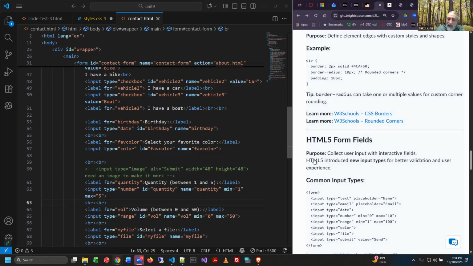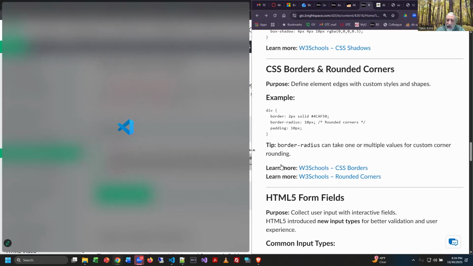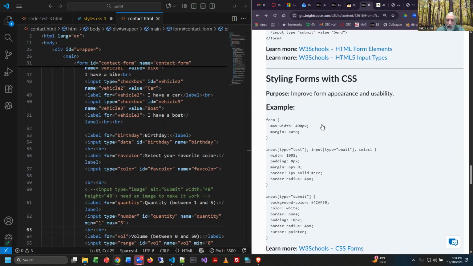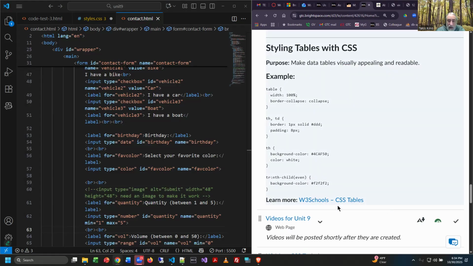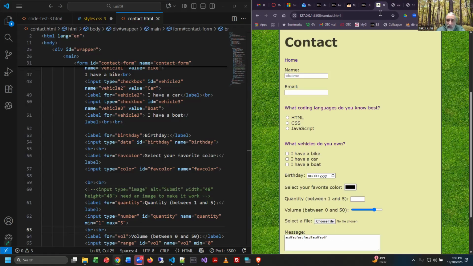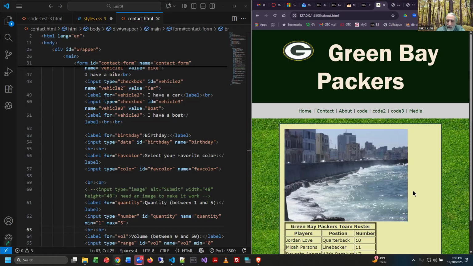So I think what's going to happen is I'll do a little bit of a demo on how to style my form fields somewhat. And then the styling of a table will probably have to wait either till next week, or I'll just do a separate video on it perhaps. What I will show you though very quickly, actually, maybe I don't need to do that. In fact, why don't I circle back to the form thing. And there are some examples here of how you can style a form, but I'm going to do the styling of tables. Let's go back to our site really quick,